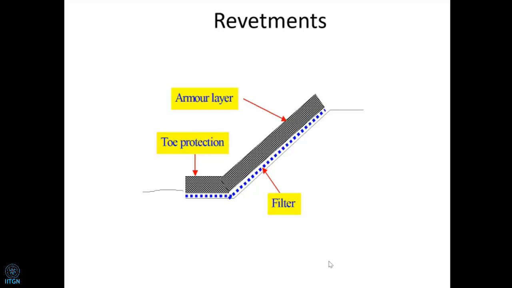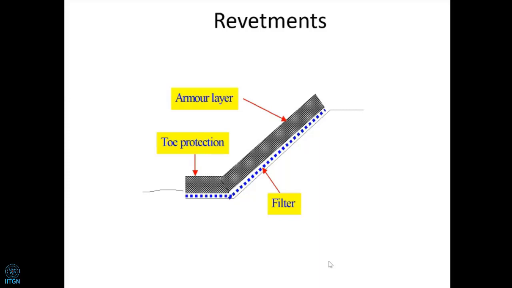Armor has two components. One is laid over the slope, the other is laid at the bottom, which is called the toe. The toe and the slope portion have to be interconnected, and the toe is a very critical part. It's called different names in different places, but the toe is a must. If there is no toe, the entire armor could slide and sink. And the toe is also essential, and it is part of the cover protection. I think you all know what is cover.